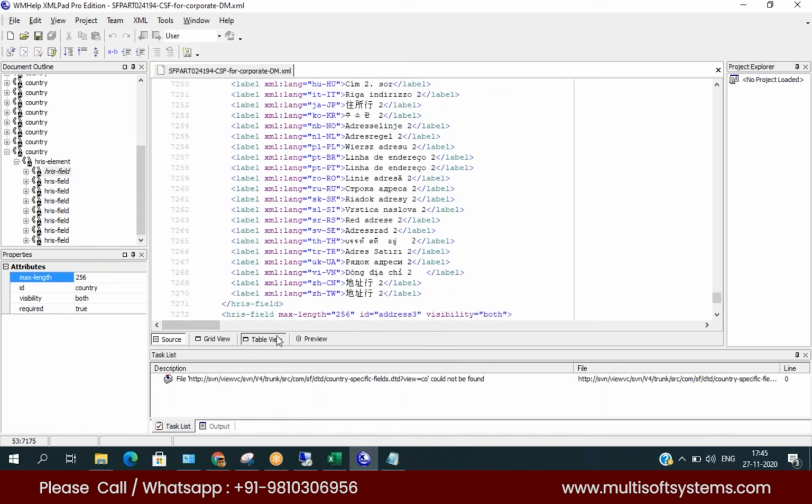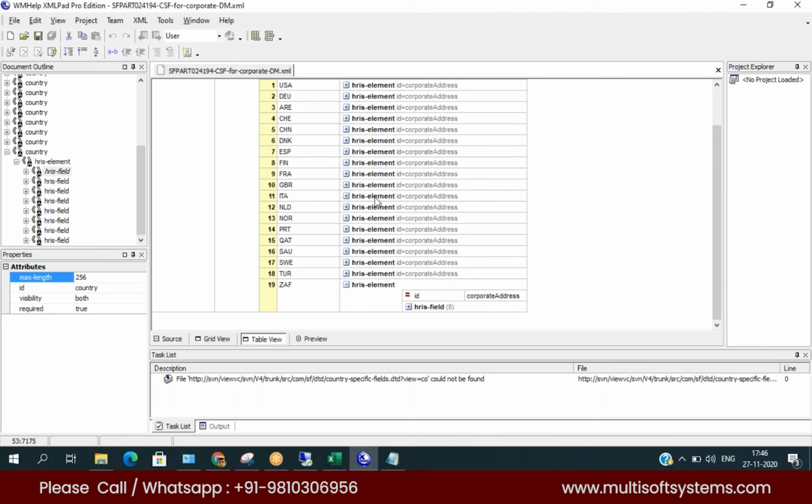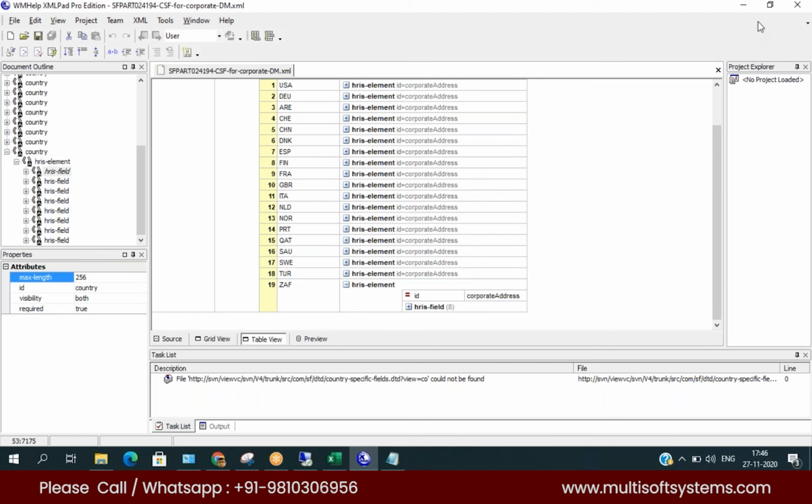In this table view, you will see that another line has been added called IND, and here I can say address one, address two, city, pin code, country, state. Like that, I can also make it. But if it is the one which has migrated to MDF,